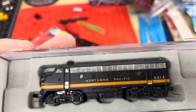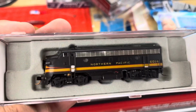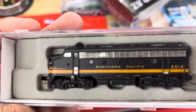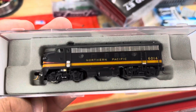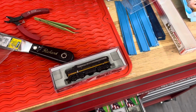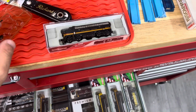Back then, that Intermountain F unit is a smooth runner. As far as details go, it's a better unit than a Kato by a long shot. Obviously, I think that the Kato is a little more reliable, and I like the motor that's in it. The electric motor is not a slow speed, but the detail on the Intermountain, which is made in the Atlas factory, it's fantastic. So I have these units, and I don't run them because the shells don't exactly fit. You have to break a little piece off inside, and basically